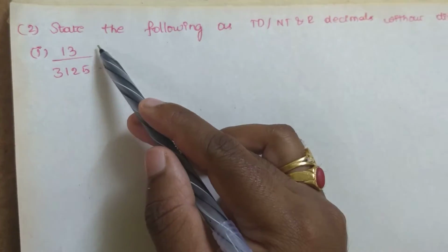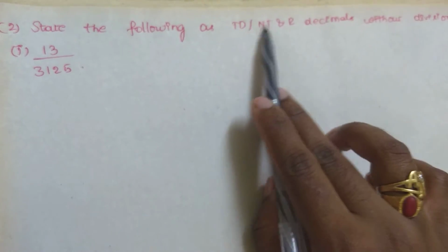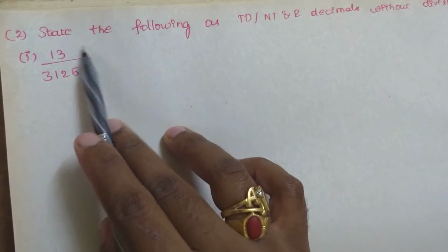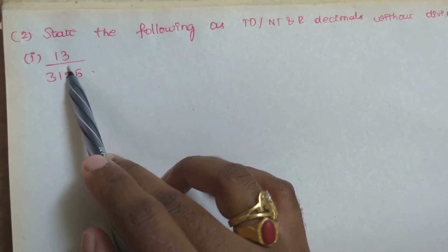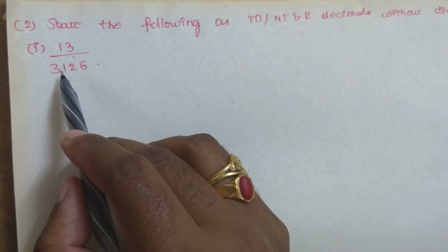Exercise 1.3 question number 2. State the following as non-terminating and repeating decimals or terminating decimals without division. So in sub question 1, before solving, let us find out the prime factors for